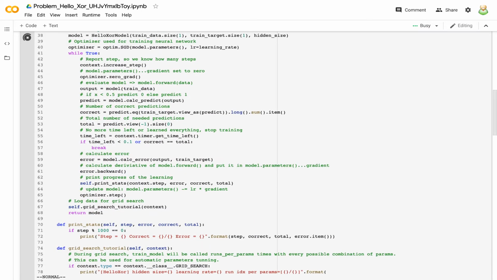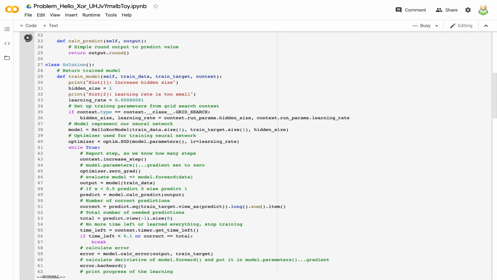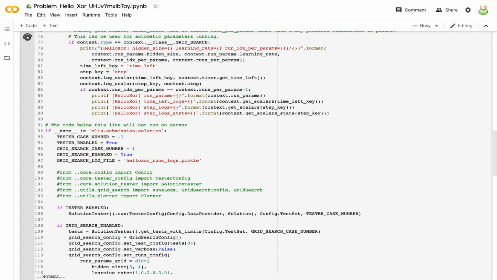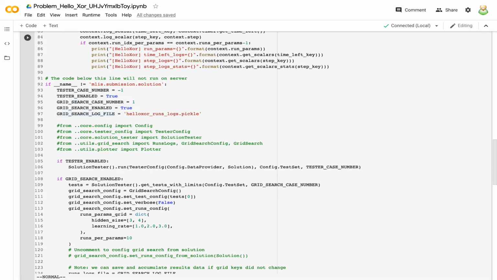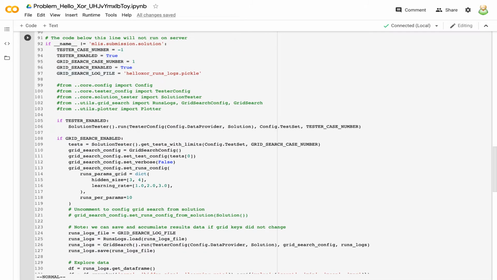While it's running, let's see what we have here. Solution train model. The other method is for printing some statistics, and after this line we see that this is the code that will not be run on a server but run here on Colab locally. So it basically tests your solution, so it's tester. There are two modes you can run. You can run a tester that will test the same way as it will be tested on the server,